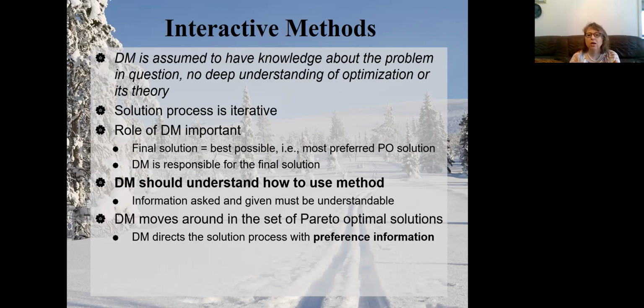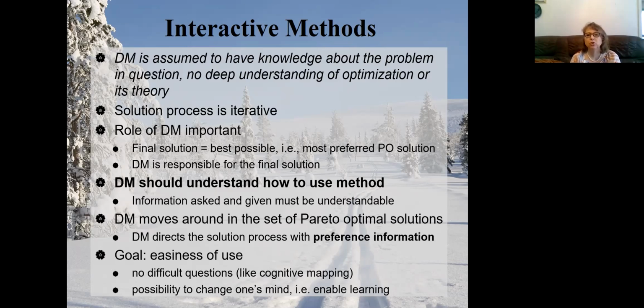So the decision maker can find the most preferred solution by directing the search with one's preference information and moving around, for example, in the set of Pareto optimal solutions. The important thing, as said, is that the question should be understandable, and one thing is